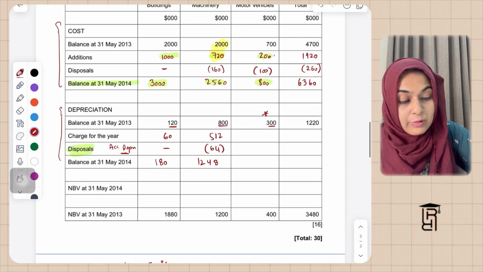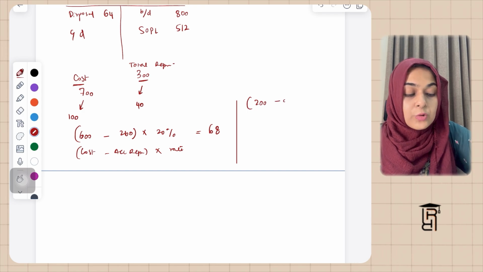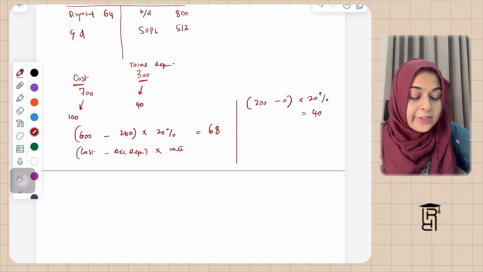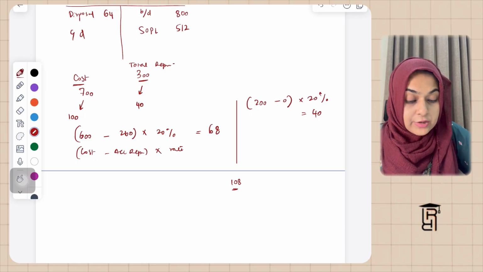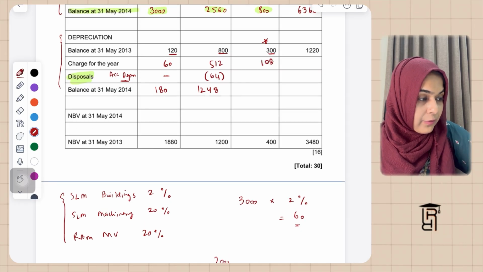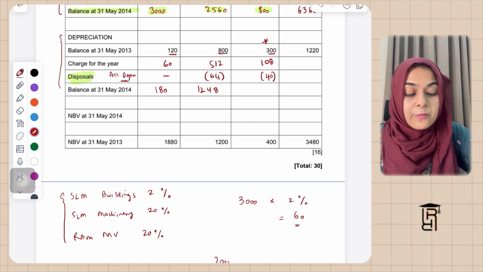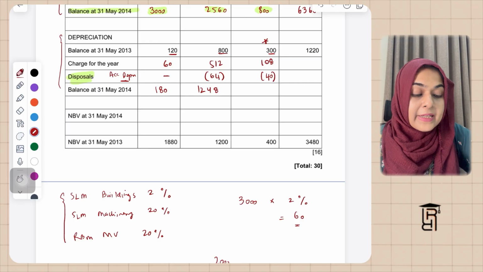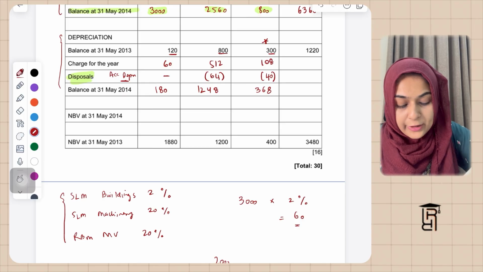जो न्यू मोटर व्हीकल खरीदी हमने उसकी कॉस्ट 200 है। तो पहले साल में क्योंकि अक्यूमुलेटेड डेप्रिसिएशन 0 होती है, कॉस्ट इज 200 माइनस अक्यूमुलेटेड डेप्रिसिएशन इज 0 मल्टीप्लाइड बाय 20% करेंगे तो इसका आंसर आएगा 40। तो 40 प्लस 68 इज गोइंग टू गिव मी 108। 108 इज द charge for the current year for motor vehicles। तो यहाँ लिखूंगी मैं 108 charge for the current year for motor vehicles। जो disposed of non current asset है उसकी तो accumulated depreciation 40 थी, तो जब हम इसको कैलकुलेट करेंगे तो 300 plus 108 that is 408 minus 40 is going to give me 368। yes,